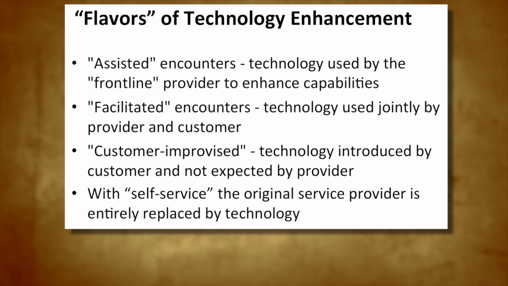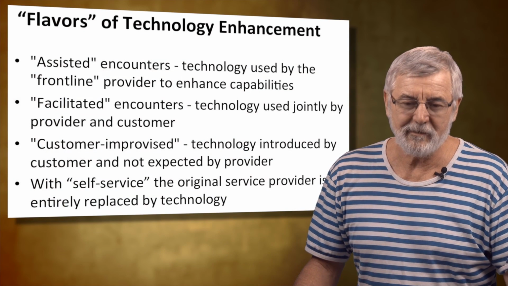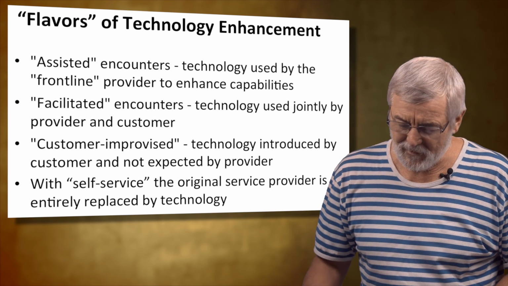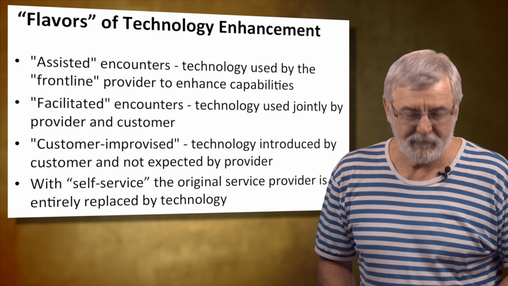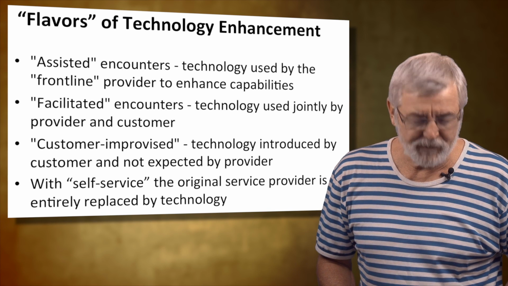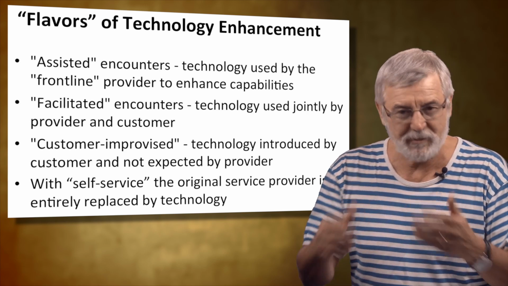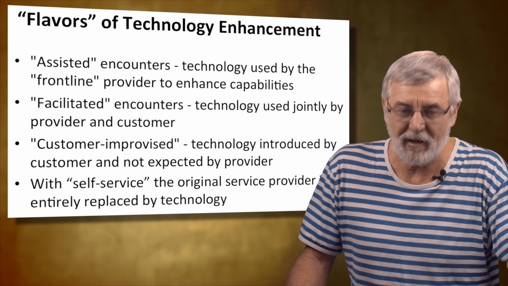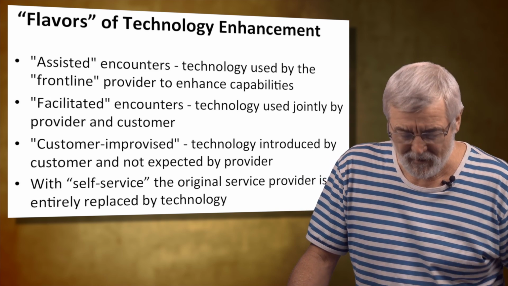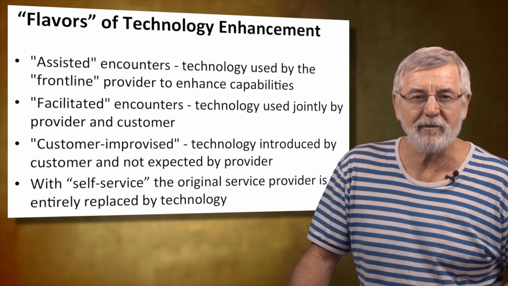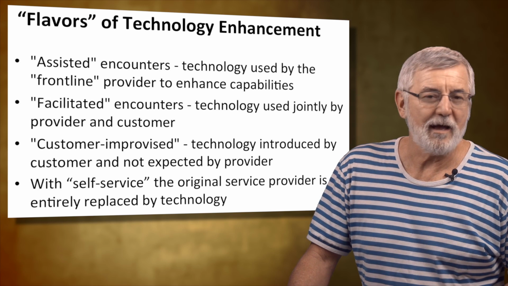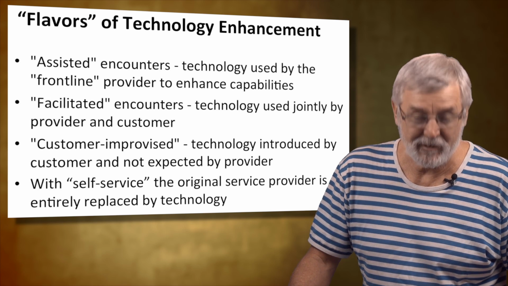The first case, the assisted encounter, is one where the technology is used by the frontline provider. The service person has the technology and the customer doesn't. So, simple case, if you have a restaurant, the service provider in the restaurant undoubtedly uses a calculator or a computer of some kind, maybe the cash register does it, the assistant that takes the orders, to generate the bill. So the calculation is done by the service provider,